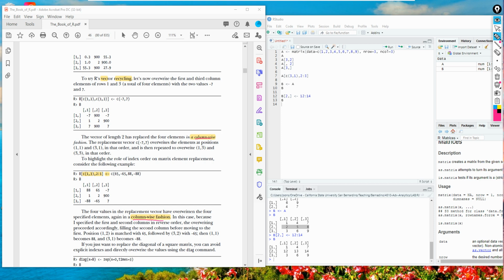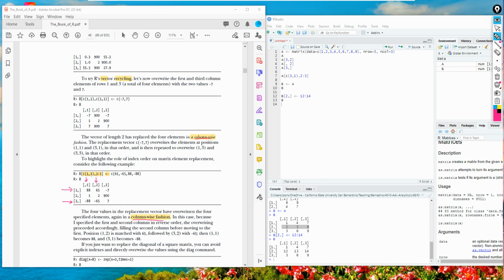So what that means is, you know that this is the first row and the third row, and then the second and first column. So it's a total of 4 elements. So the first row and then third row, and then second column and then first column.